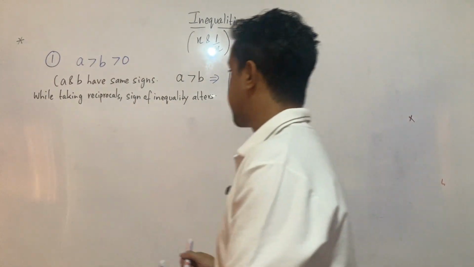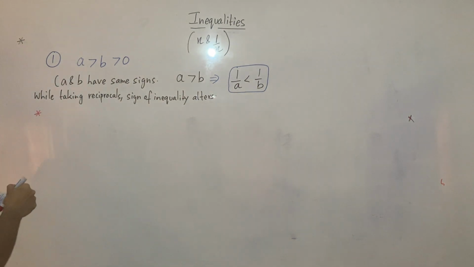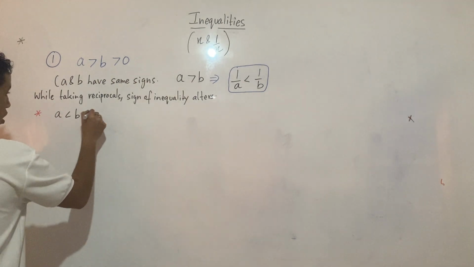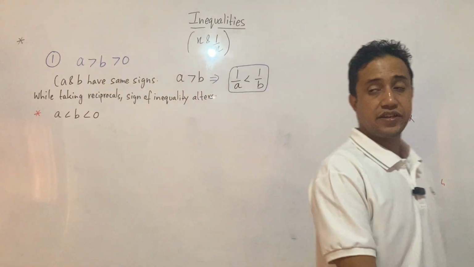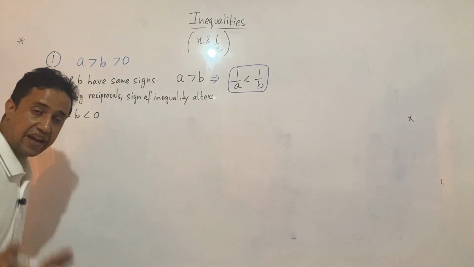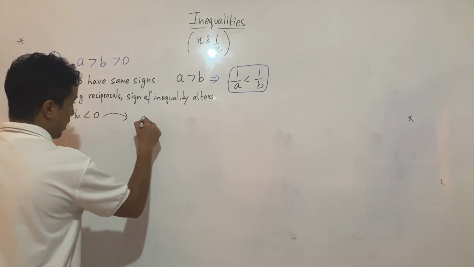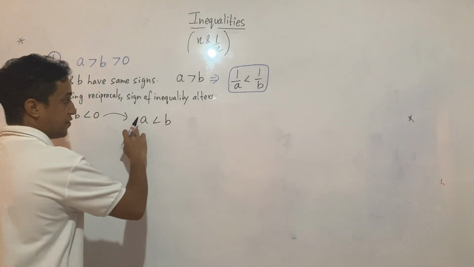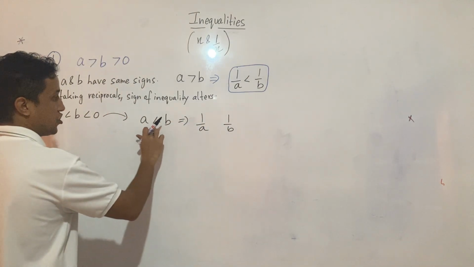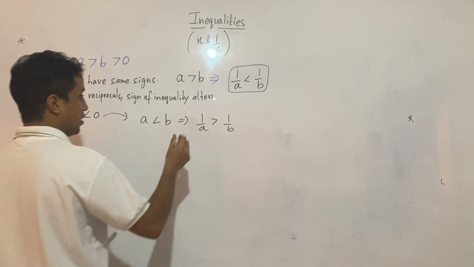Okay, and here second case, I won't say second case, it's a part of first case. So here, if your a and b both are negative real numbers, right? So then again, they have same signs, but this time they have negative sign, right? Because they are negative real numbers. So from here, I can say a is less than b. Again, negative, negative. So when I will take their reciprocal, the sign has to change. So this has to be greater than. Okay, important